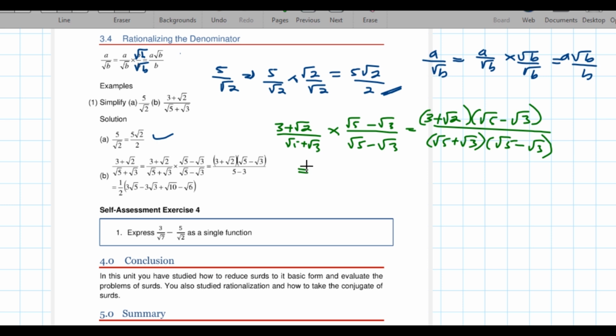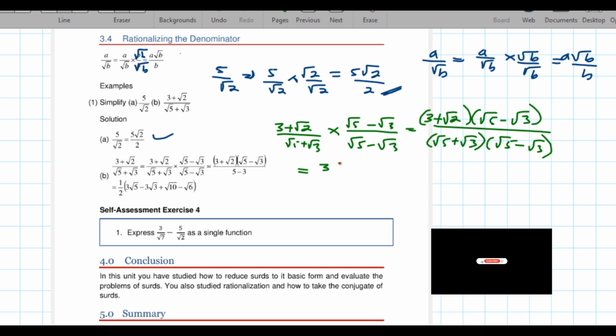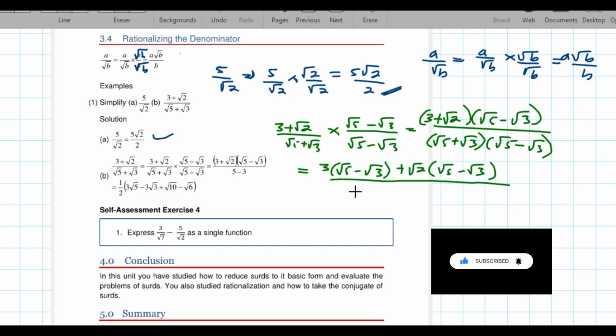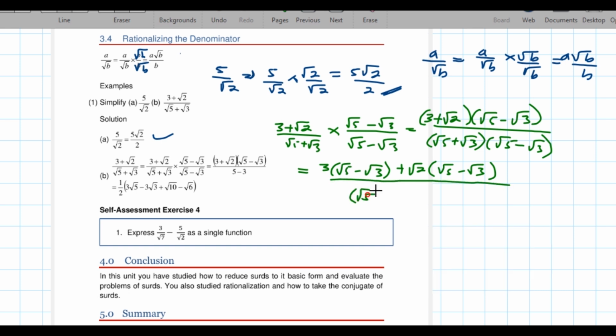So if we solve this, this is 3 into root 5 minus root 3 plus root 2 into root 5 minus root 3, all divided by root 5 squared minus root 3 squared. So that is what we have. So this is going to be equal to, let me bring it down, this is going to be equal to